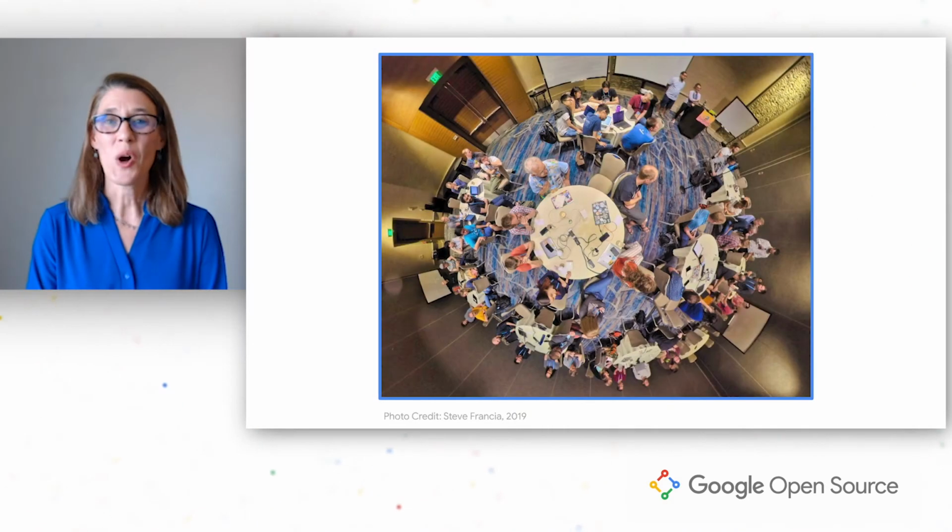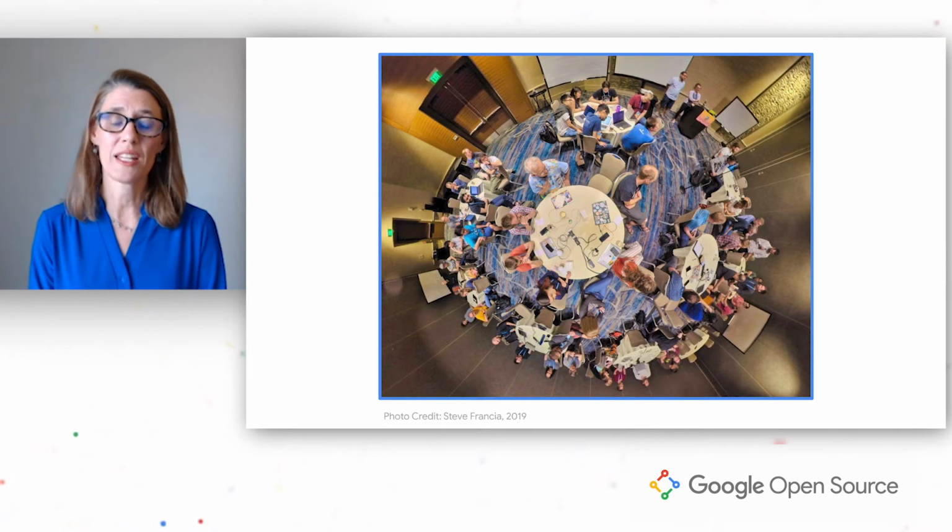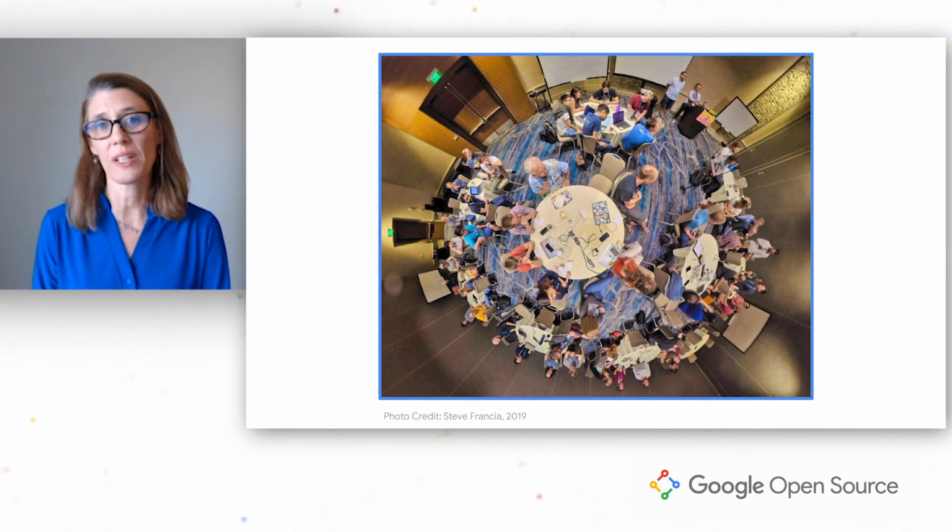So today I'm going to cover what is leadership and how can we strengthen our leadership skills. And I'm going to provide some tips that you can start using today to be the leader that you need in open source. So hopefully that sounds great. And why don't we get started with a story that does a pretty good job illustrating what leadership looks like